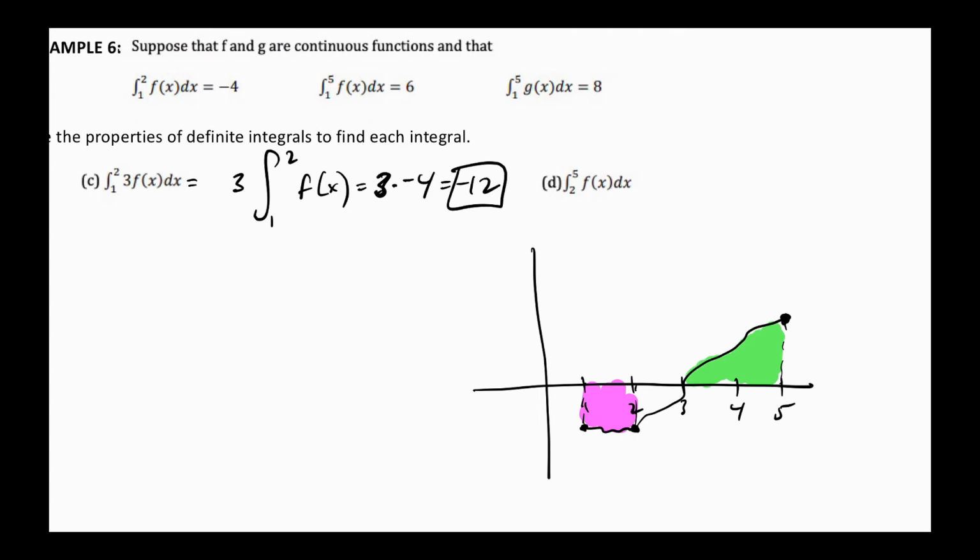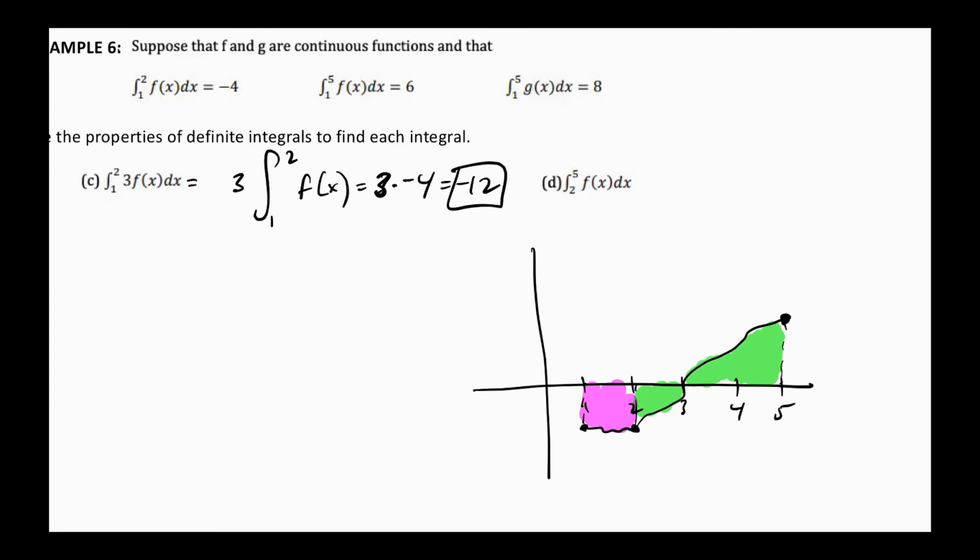Okay. So I know the purple is -4. I know the purple and green. Oops, no. Forgot to shade this part. I know purple is -4. I know purple and green is 6. Okay. So now this question is asking me,